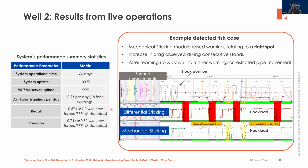On the right side, you can now see again the output we received during drilling. At these operations, we had already the 20-inch casing in place, drilled out the shoe track, and drilled a 17.5-inch section. In the open hole section, at one point, we had to pull out of hole and run back in hole with the drilling BHA. You can see here on the top, at the block position, what you can see in the screenshot is we started at 2,017 meters, and then we went all the way down to 2,193 meters. At this point, at the mechanical sticking agent, you can see we got 3 warnings of overpull and